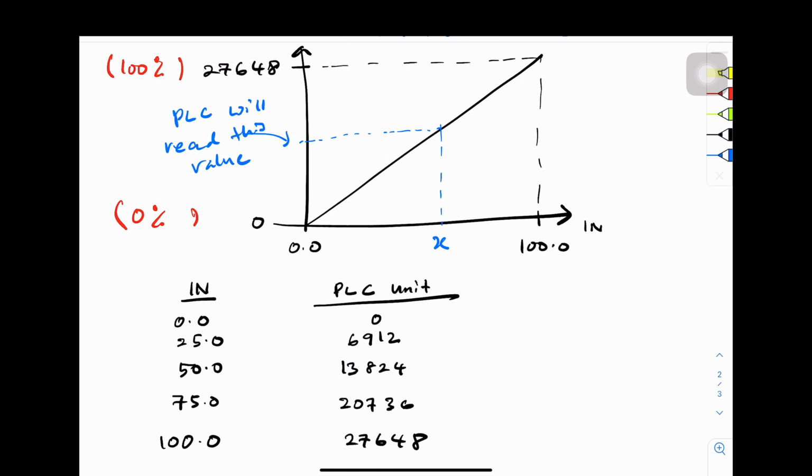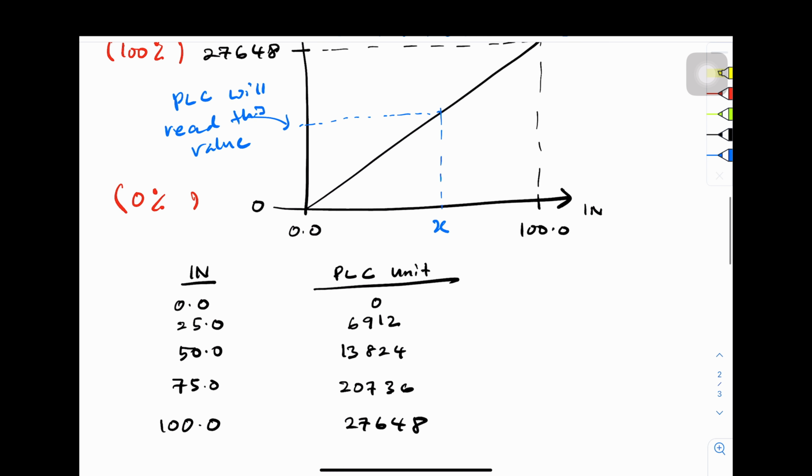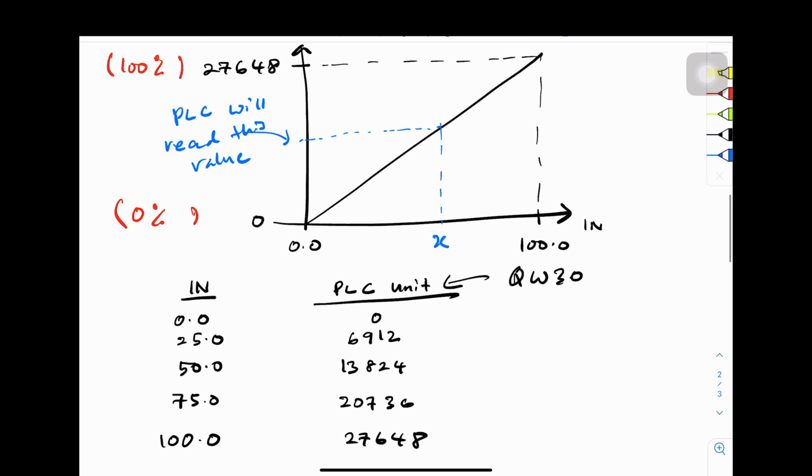Okay, this is just to provide us an impression of how a change in input changes the value of the PLC unit. The PLC unit corresponds to the QW30 address, so this value will be in QW30. So next I'm going to